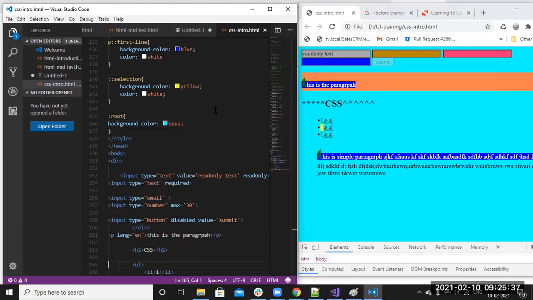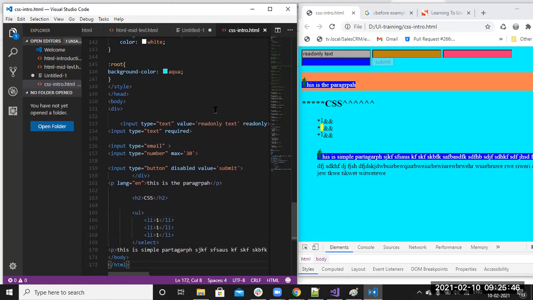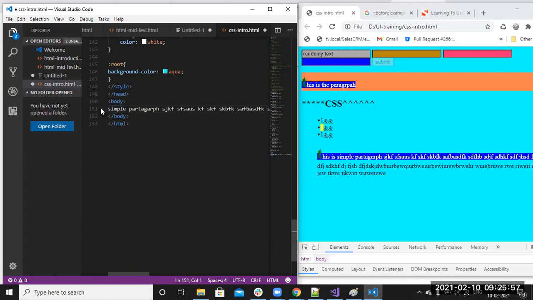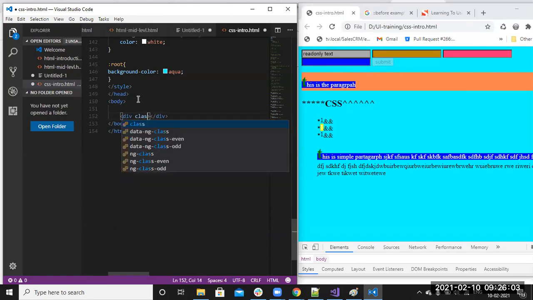Now, a small recap about selectors. And one more thing I need to tell you, sorry, I forgot that. So divs are there, right? For these divs, I am removing all this, so you need to understand it clearly. Div class equal to some parent, I'm writing.